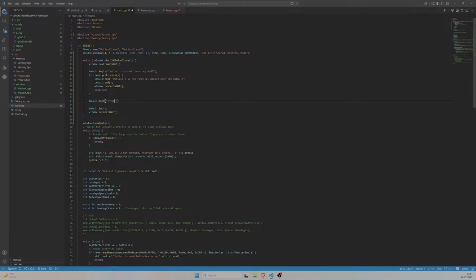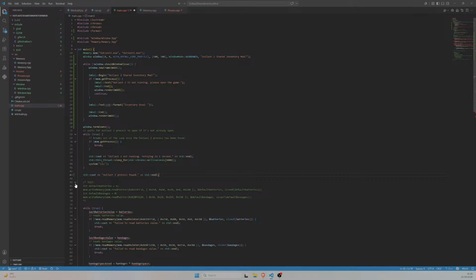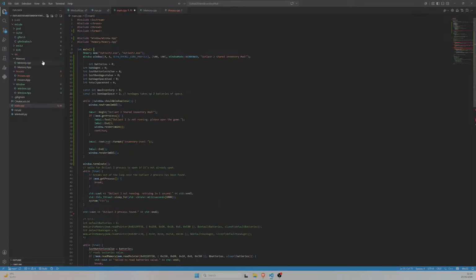So inventory used is going to be that. We'll need to include format for this purpose, std format. And what we'll go in and do is that, as mentioned, we'll initialize all of this right here. We'll have this huge initialization of everything. And then